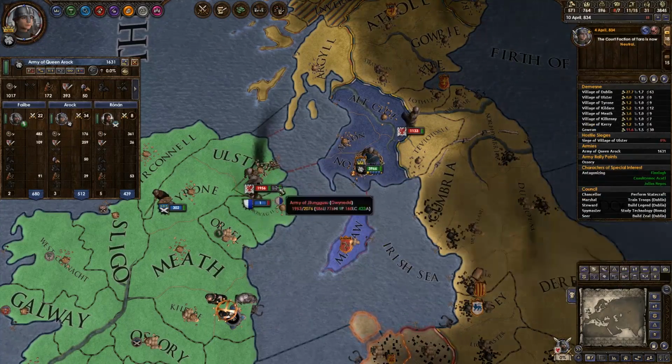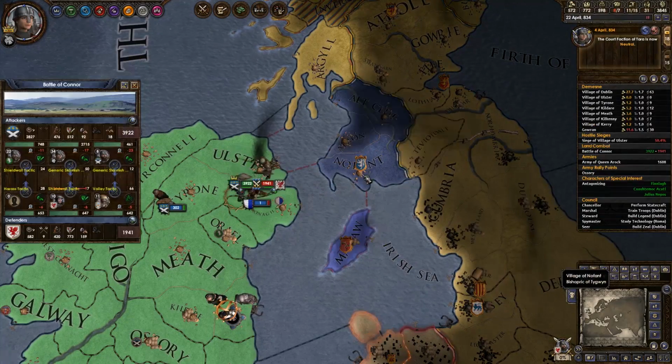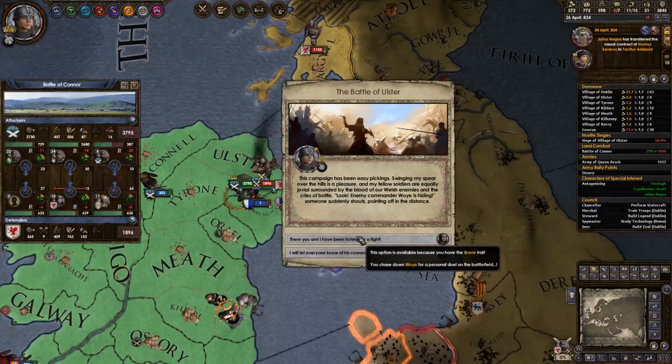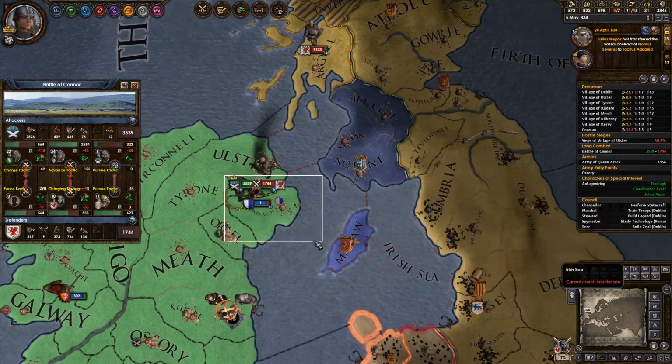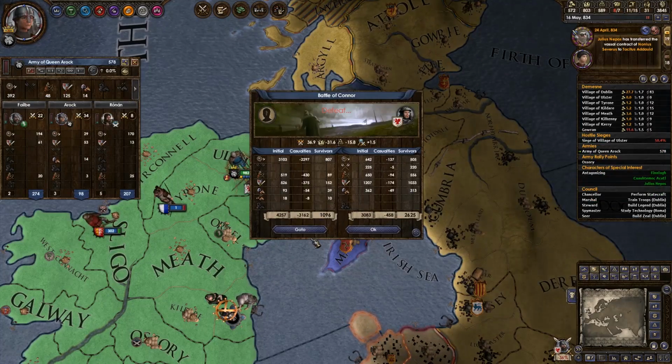Okay, we could wait there for... Wait, why don't we start crossing over? Okay, I was going to say they were marching over to us. We could have just waited for them to movement lock and then stay there. We're going to duel this dude and kill him dead. Thank you. All right, that should be...